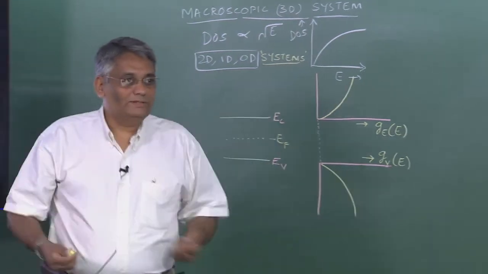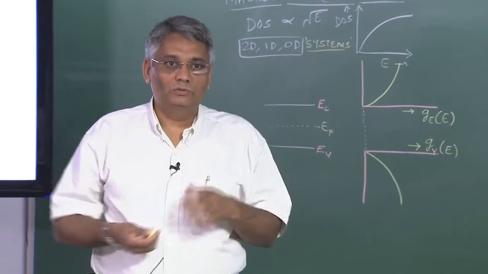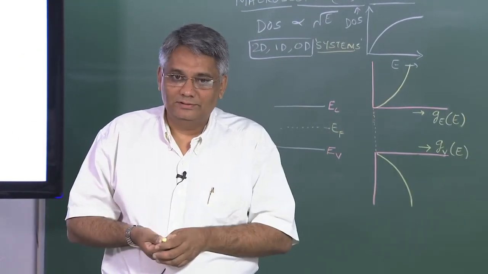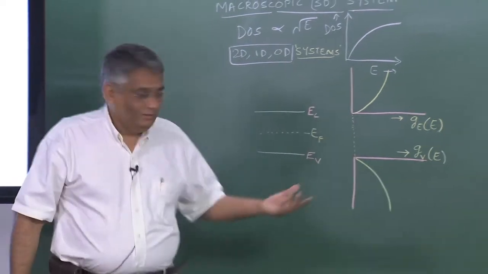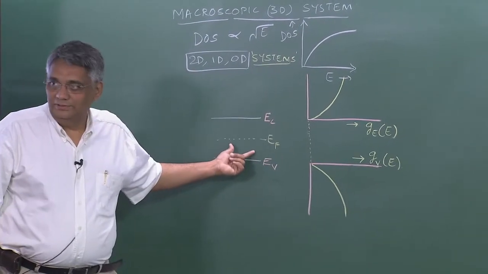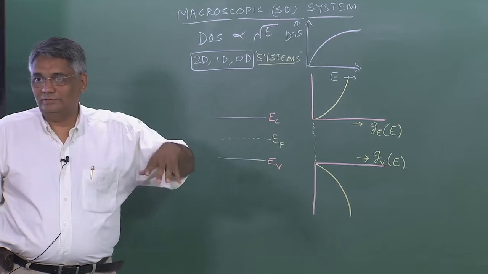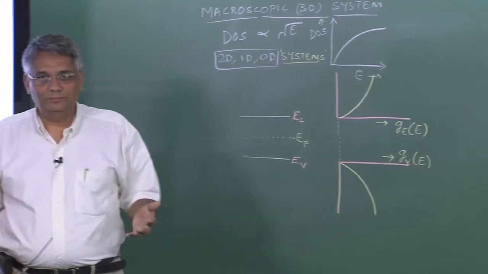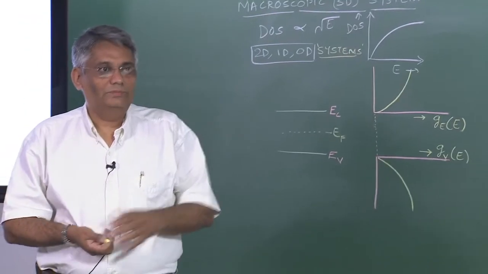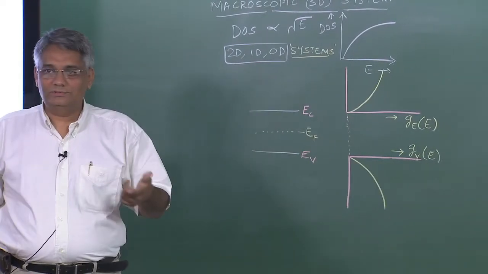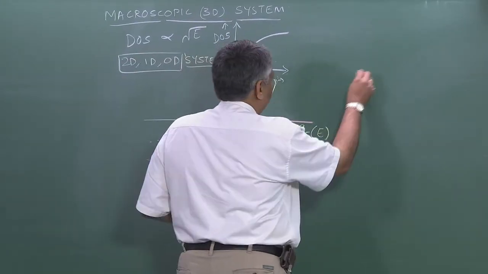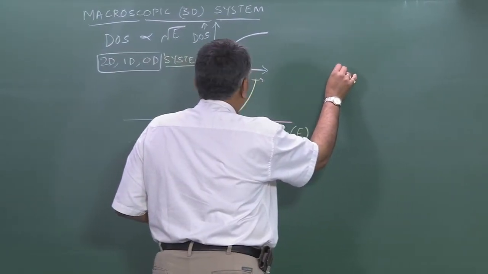Now, if this bulk semiconductor, it's a 3D macroscopic semiconducting material, if the size of the semiconductor is cut down, if you make a two-dimensional material out of this three-dimensional semiconducting system, what would happen to this nature is very important to be observed. Then the one-dimensional case and the zero-dimensional case. Okay, just to complete it, we normally also look at the,